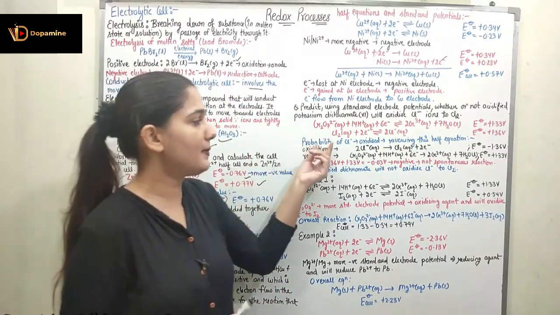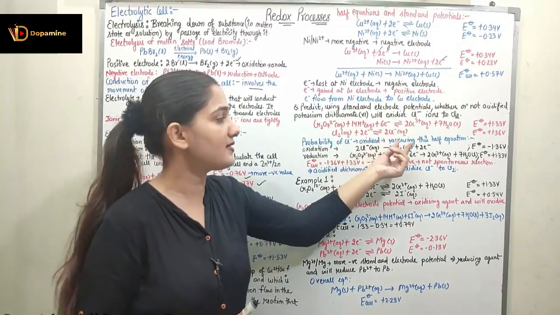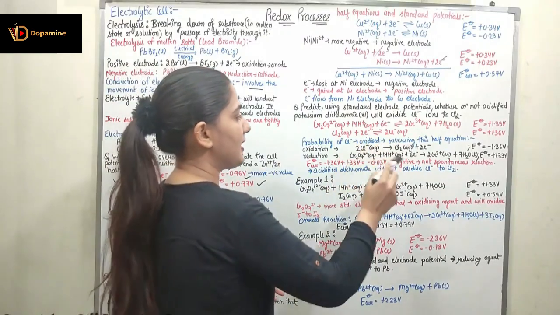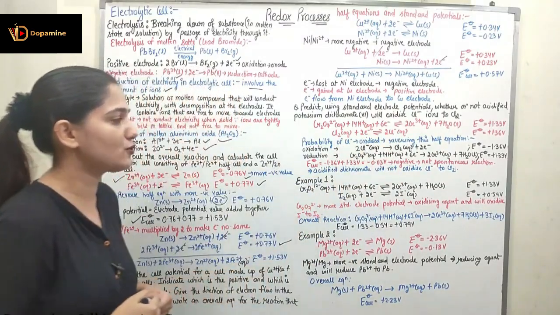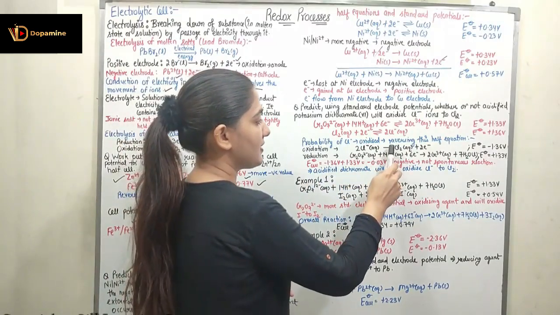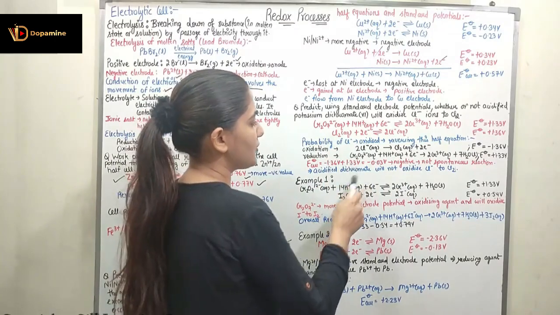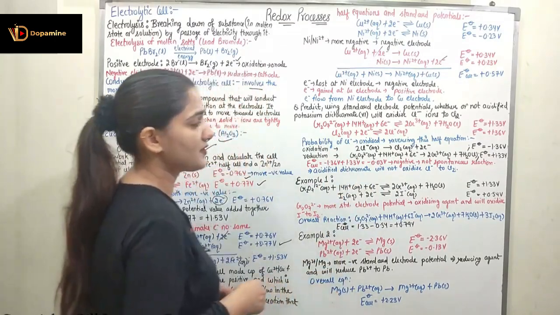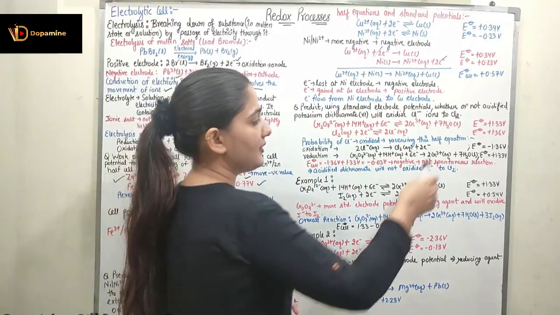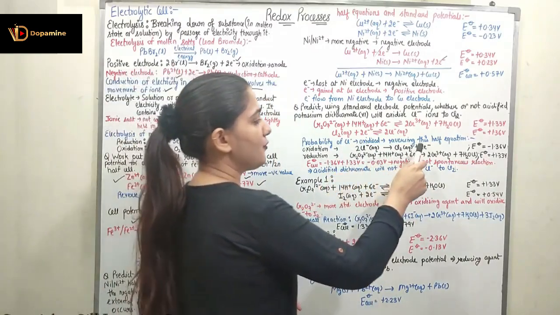So now here the probability of the chlorine being oxidized is found out by reversing this half equation. So when the chlorine is being oxidized, we have 2Cl- is in equilibrium with Cl2 plus 2 electrons, right? So the oxidation equation will become 2Cl- giving Cl2 aqueous plus 2 electrons, and the reduction half reaction would be the same: Cr2O7 2- aqueous plus 14H+ aqueous plus 6 electrons gives 2Cr3+ aqueous plus 7H2O liquid. And the electrode potential here I am reversing, for 2Cl- gives Cl2 plus 2 electrons.